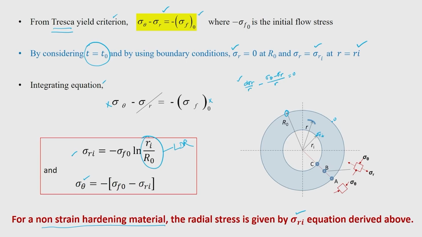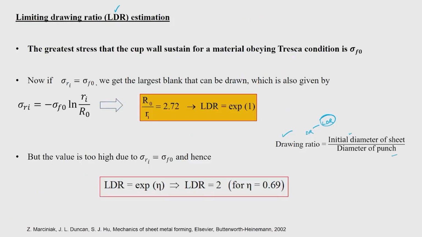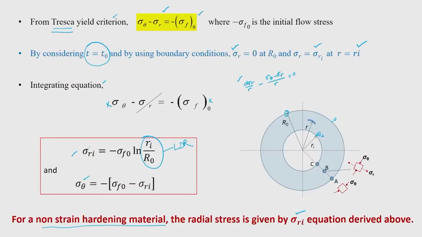So we are going to put a condition now, which will give us some value of this LDR. What is that? We are going to say that the greatest stress in the cup wall that it can sustain for a material obeying Tresca is actually σ_f0. So in the cup wall, the greatest stress the material can withstand, if you follow the Tresca yield function, is σ_f0 itself. So what we are going to say is, in this equation, if σ_ri is nothing but σ_f0,